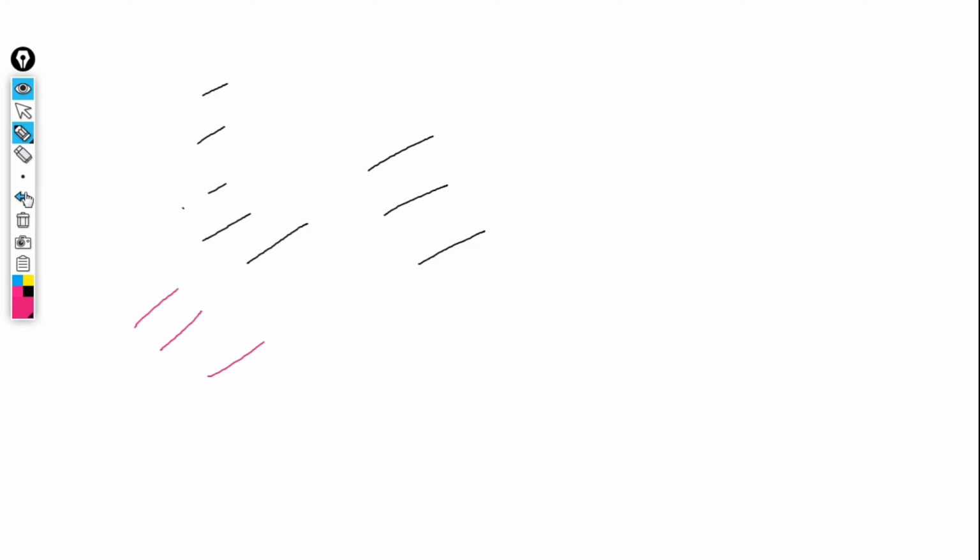I will take pen option. You can also decide the thickness of the pen, also decide the color. You can also undo it and also erase some of it.